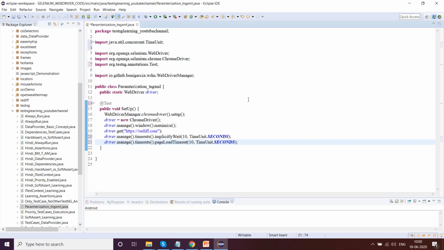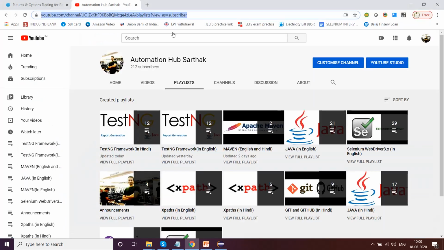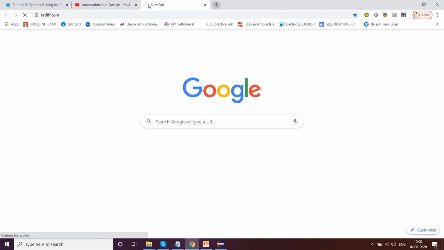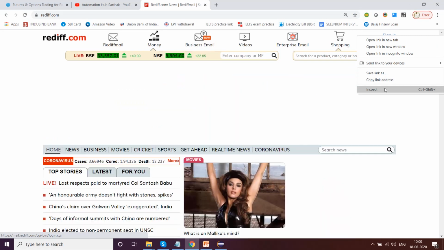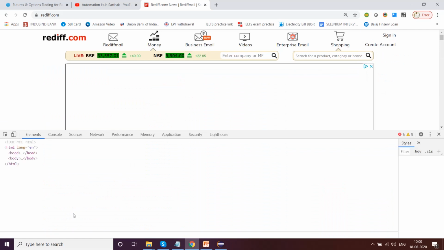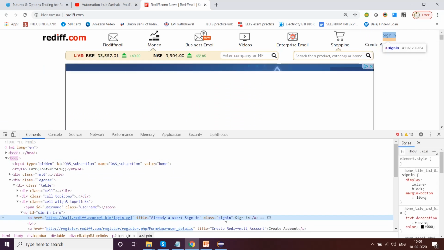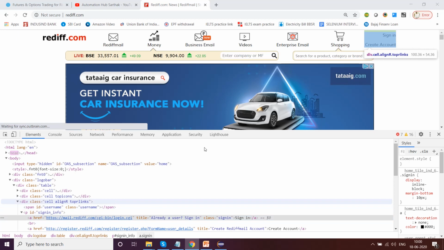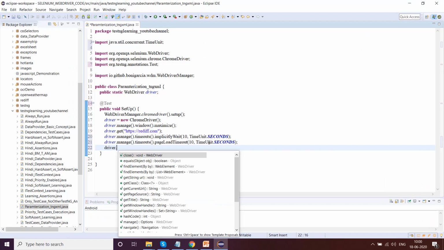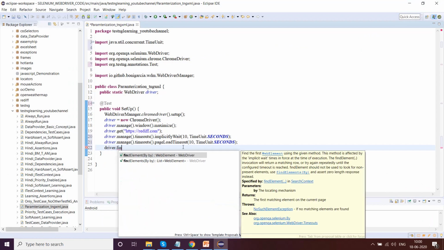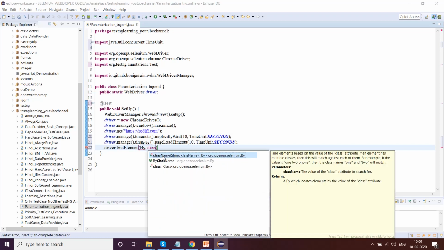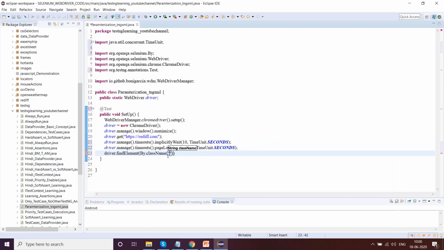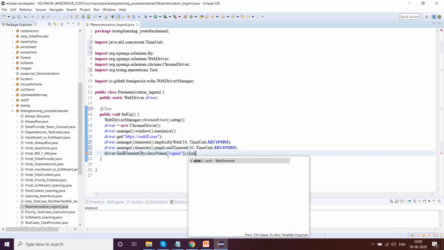Now if you remember, if you go to rediff.com, the basic thing is we will just click on the sign in link. We'll inspect this, and it has a class known as signin and the HTML tag A. So I'll directly go ahead: driver dot find element by dot class name signin dot click.